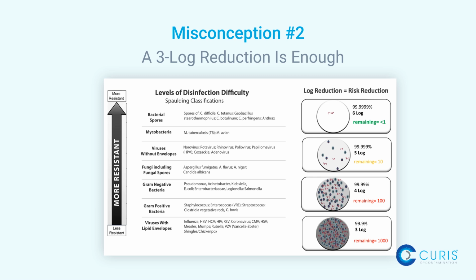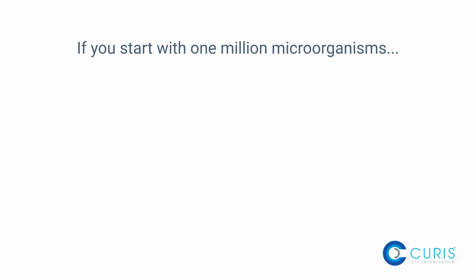Misconception number 2: a 3-log reduction is enough. This one can create serious risk. A 3-log reduction means eliminating 99.9% of microorganisms. That sounds effective, but in sterilization, it's not nearly enough. True sterilization requires at least a 6-log reduction,